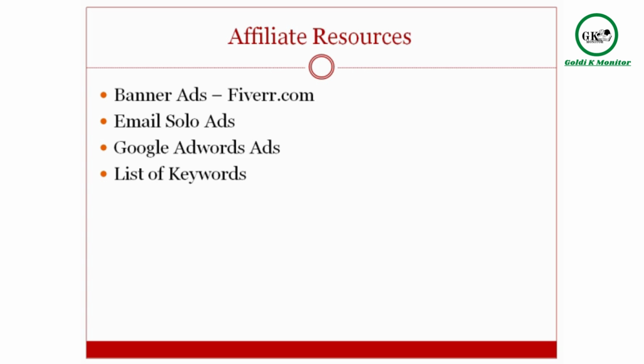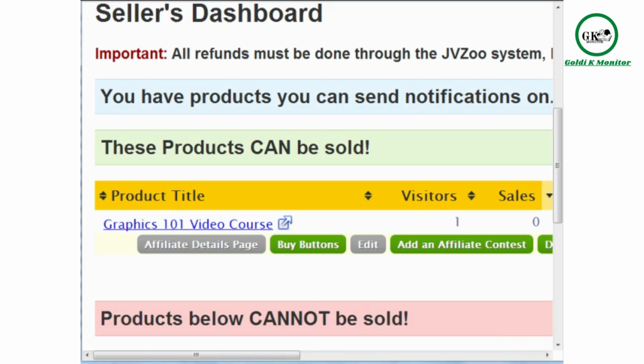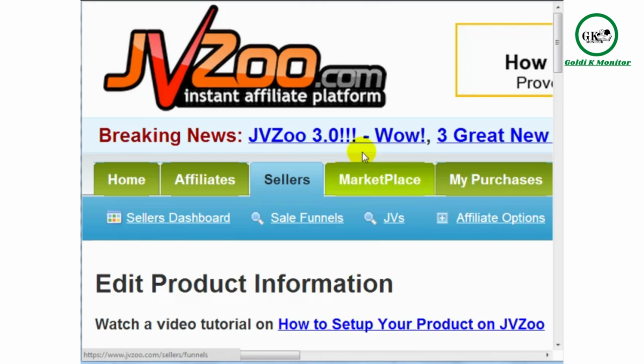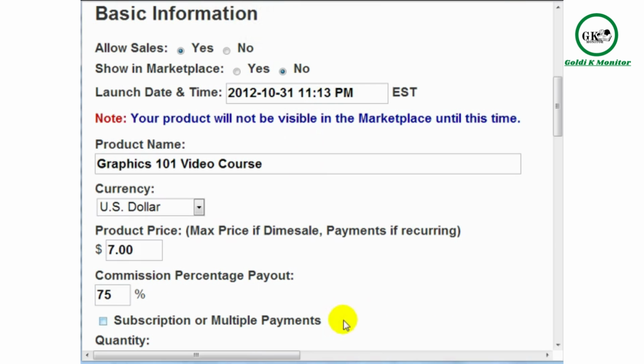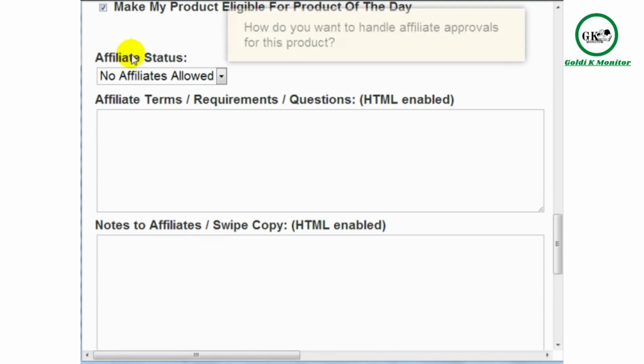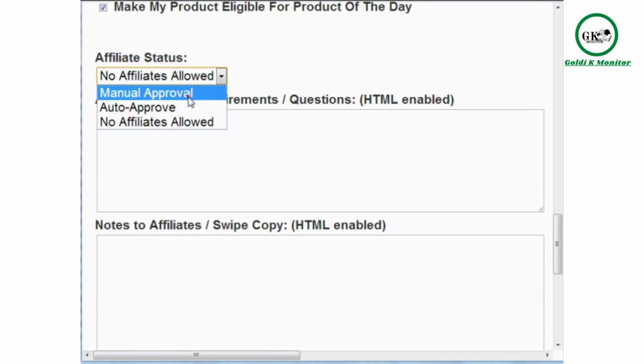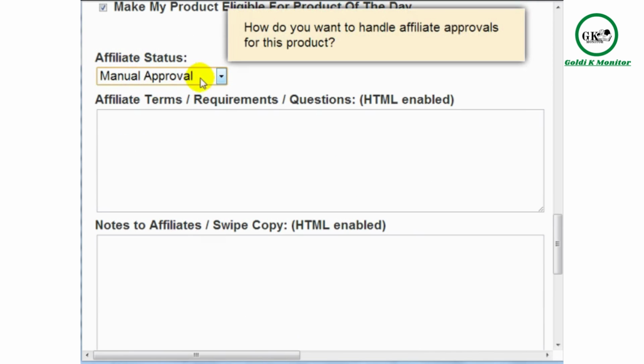So with that said, let me show you by going to jvzoo.com and showing you how to implement all of this. Adding an affiliate program is not hard at all. Simply click on Edit under your product. Under affiliate status, you can do manual approve, and that's what I'll probably do, is manually approve,